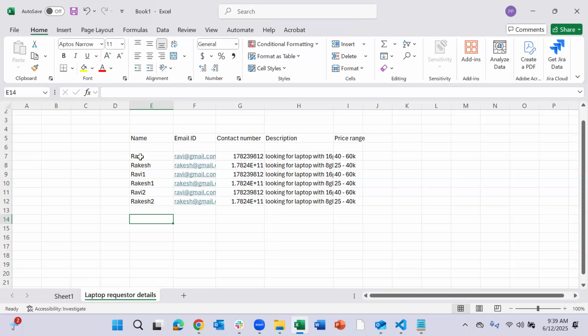So Ravi goes to some website, fills in the details and clicks on submit. Then the same details come to the laptop requested details data table and are stored here. Similarly, Rakesh is using some other website and he submits the details, which come to the same data table, and we store the data here. The same thing is how Salesforce maintains it.